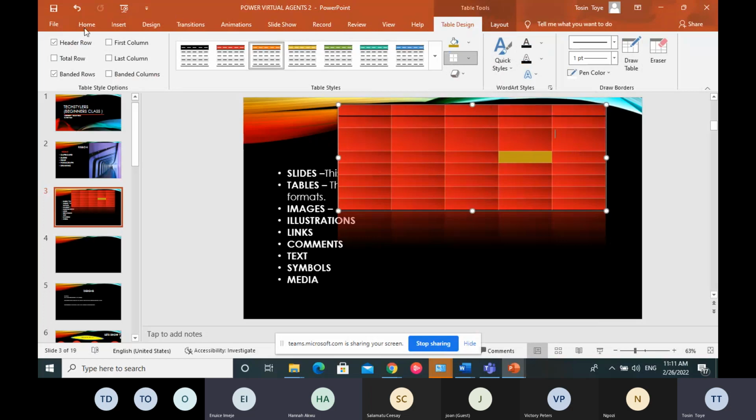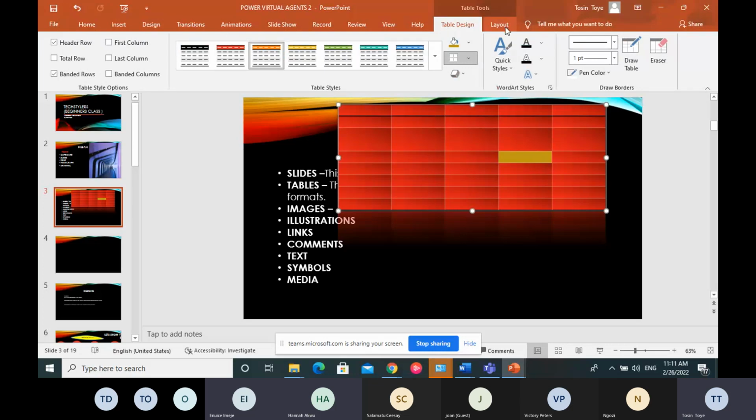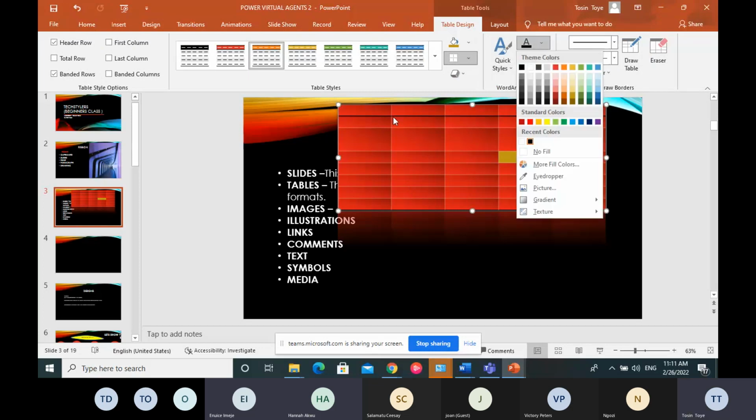Then you can see a new function was created when we created the table. Remember where we started from, insert. We now inserted a table. Note that when we inserted a table, on the tabs, a new function came up, which is called table design and layout. So these functions now enable us to play around with our table to give it all these designs. For example, now let me start typing